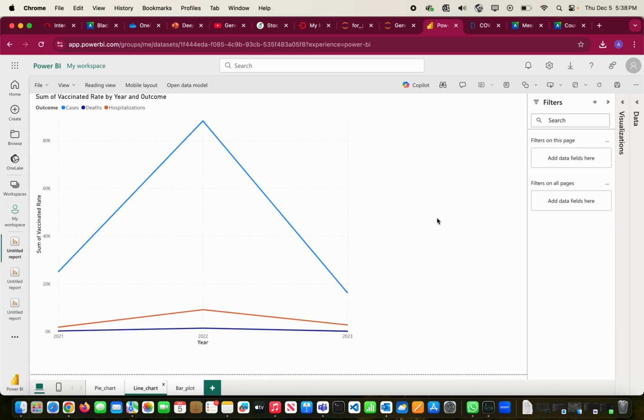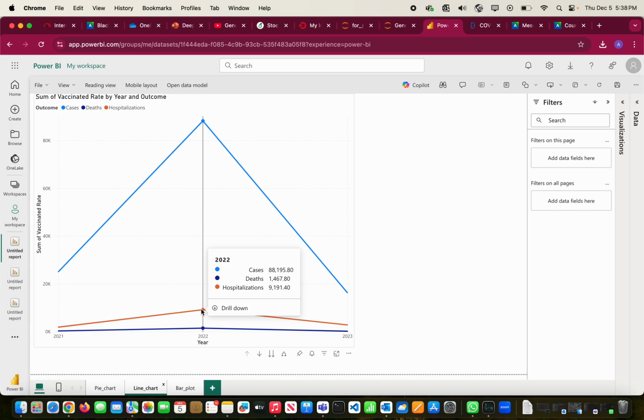This gives the sum of vaccinated rate by year, and here we have outcomes as cases, deaths and hospitalization. As you can see from the plot, in 2021 the death rate of vaccinated people was quite low. In 2022 deaths were 1467, and in 2023 we can see the death toll falls to 185. And similarly in the hospitalization we can see